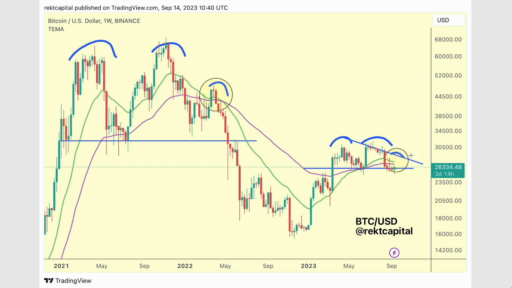So the question is, is this still phase A to B, where we reject at this lower high, maybe even the 27k region, because that's where we ultimately have the bull market EMAs, the purple 50-week EMA and the green 21-week EMA? Are we going to get a rejection around that region? Because that's approximately 27k, roughly speaking.